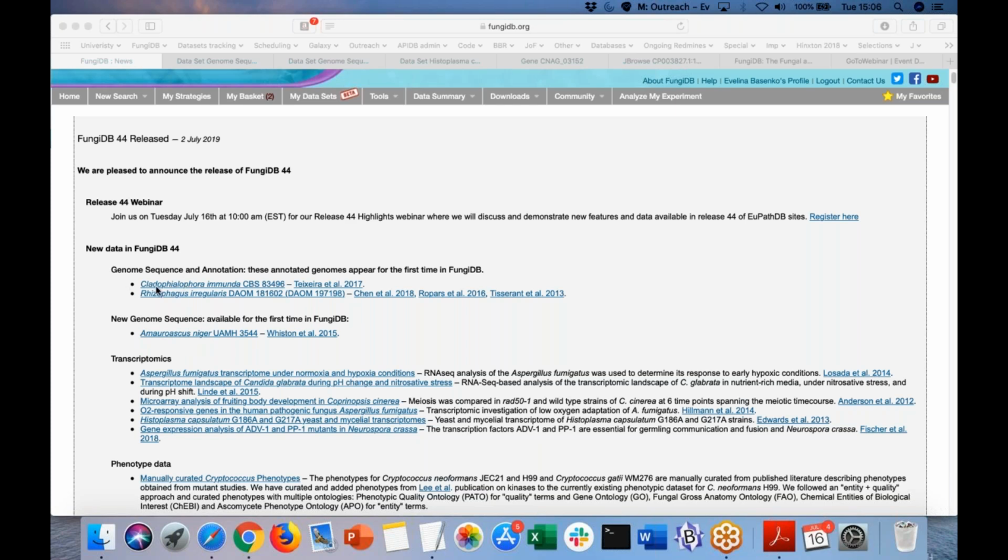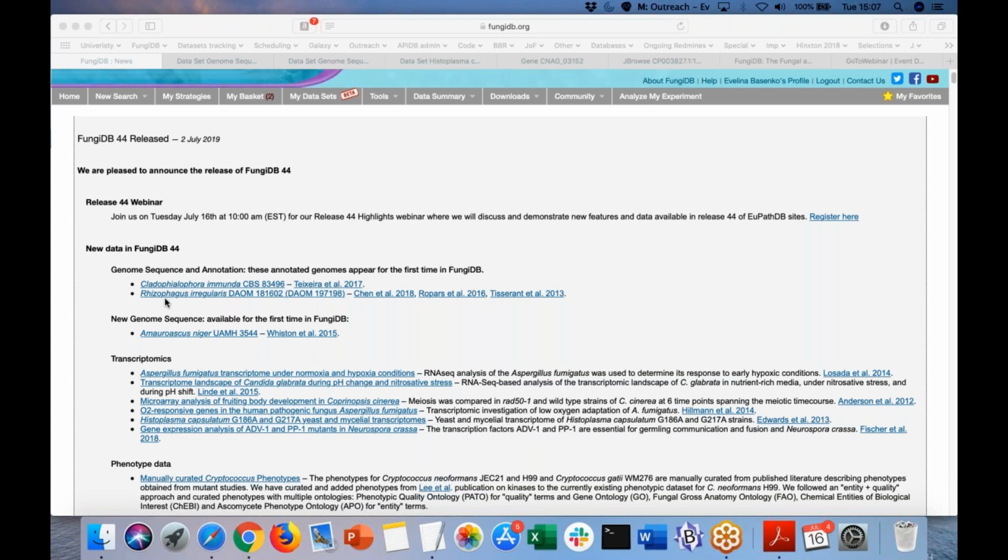So the Cladophialophora immunda is actually quite an interesting fungus. It's a yeast-like fungus that has a clinical significance, and this particular isolate has been isolated from the Netherlands. While the Rhizophagus irregularis is actually a member of subphylum Glomeromycotina that is involved in symbiosis with the roots of most land plants, and changes, for example, in the genetic and the phenotypic components for Rhizophagus species has been linked to plant diversity and